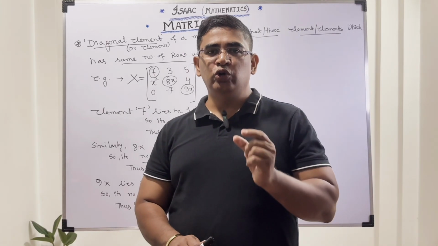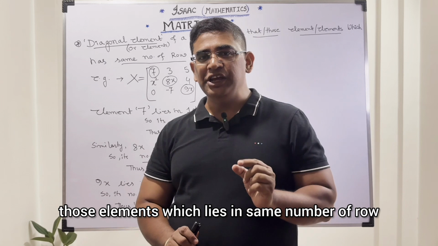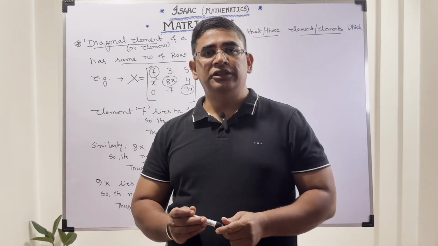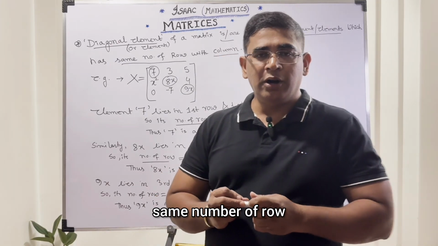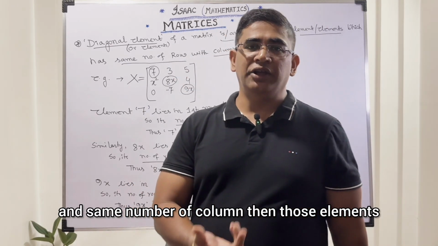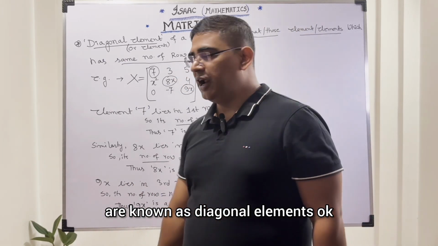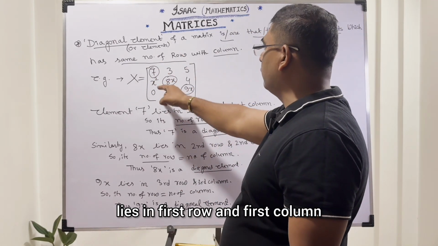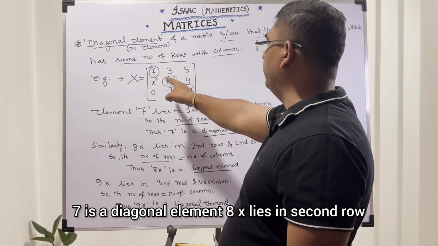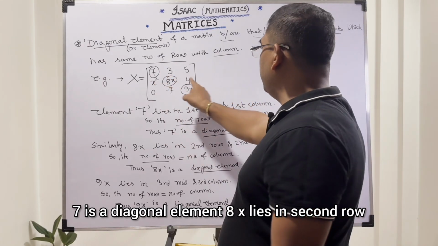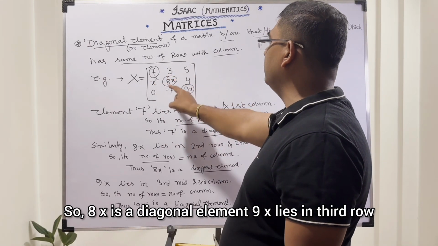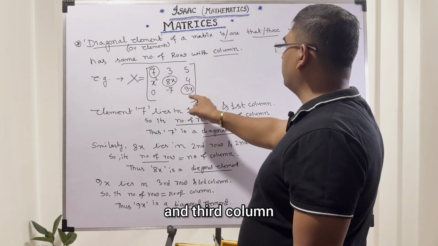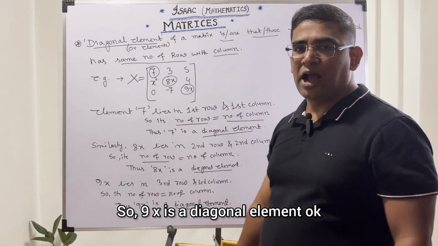That means those elements which lie in the same number of row and same number of column are known as diagonal elements. Here 7 lies in first row and first column, so 7 is a diagonal element. 8x lies in second row and second column, so 8x is a diagonal element. 9x lies in third row and third column, so 9x is a diagonal element. Okay,